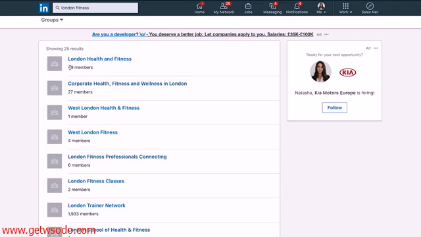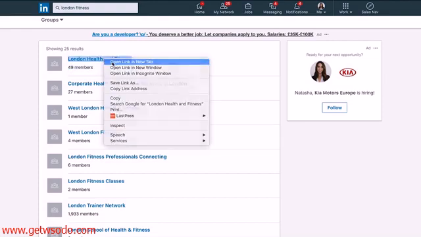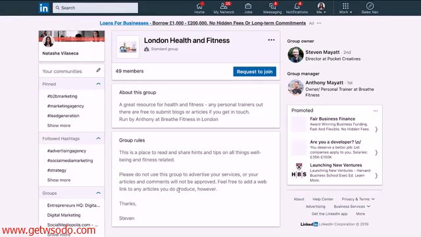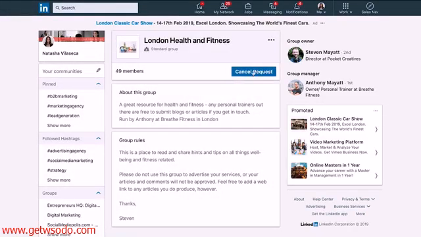So it's obviously good to have groups with high member numbers, but these smaller groups could still be really good. It's still worth going onto them, checking it out a little bit, applying, seeing what it's like on the inside. It could be that it's smaller because the owners are quite specific and selective about who they admit. But I would still open up and give these places a chance. If you go in and it's really not a good group for you, you can always leave the group. But basically, if you want to do this, you request to join. It sends the request, and then I'll get a notification if they accept me into the group.